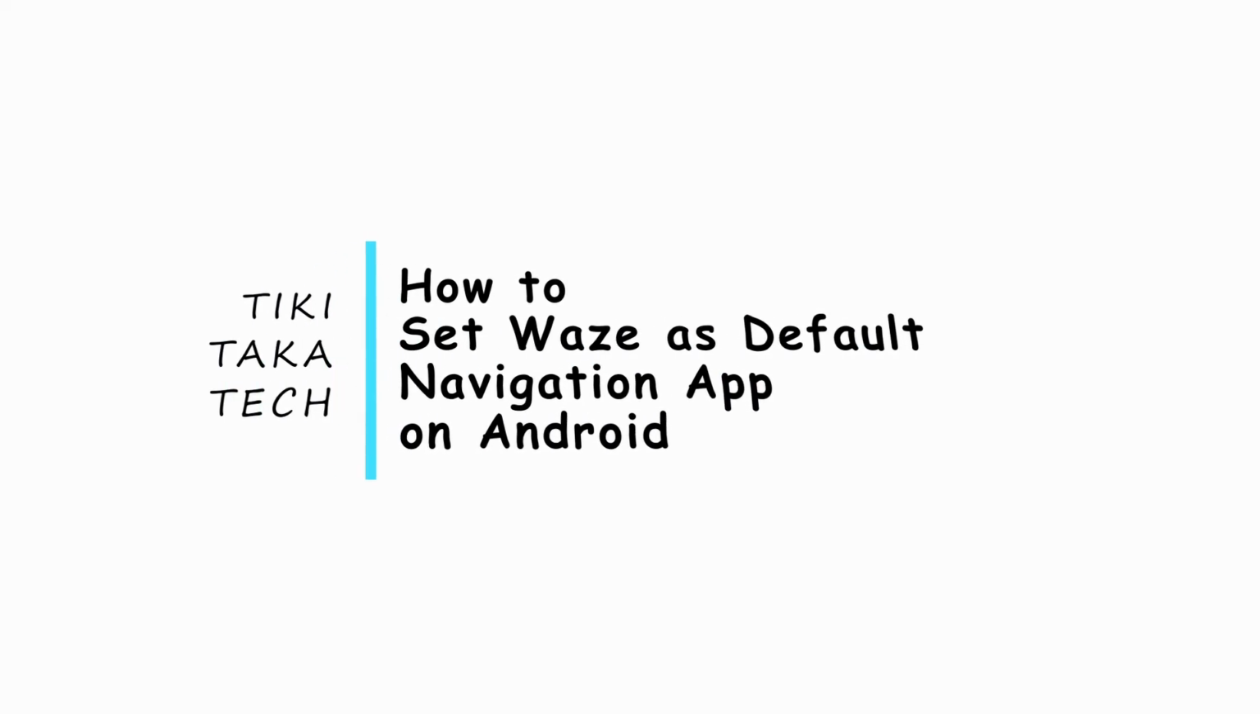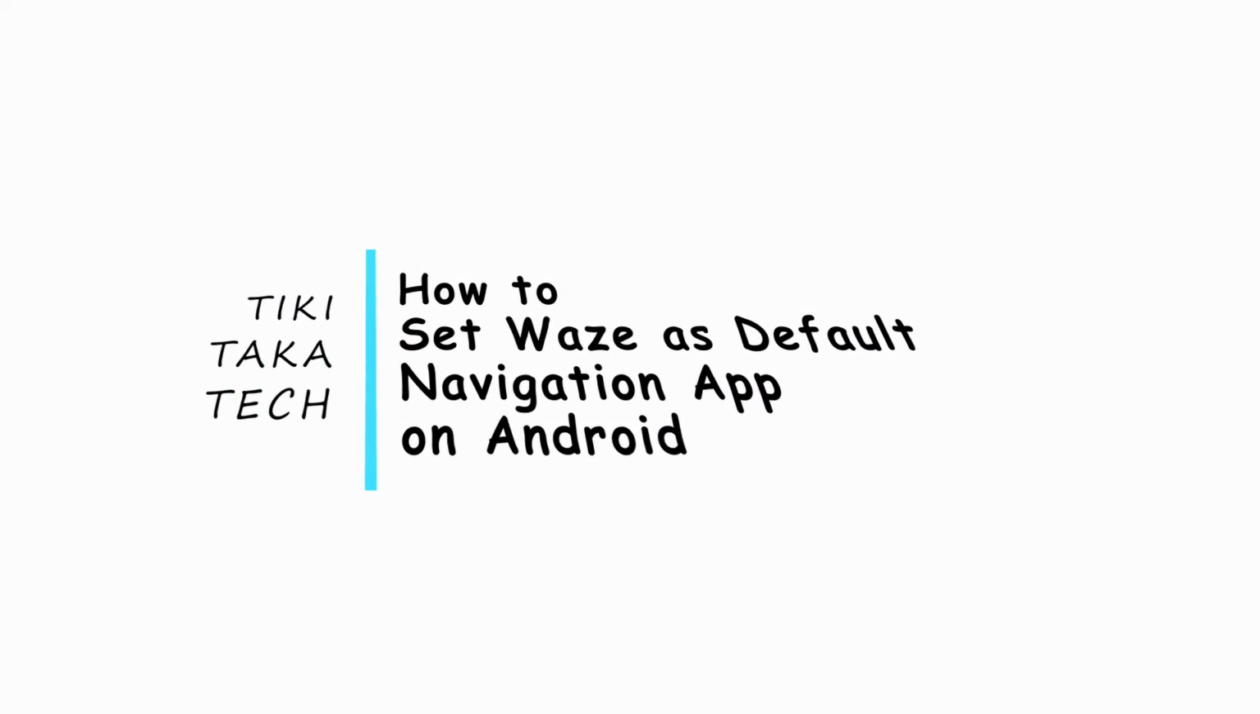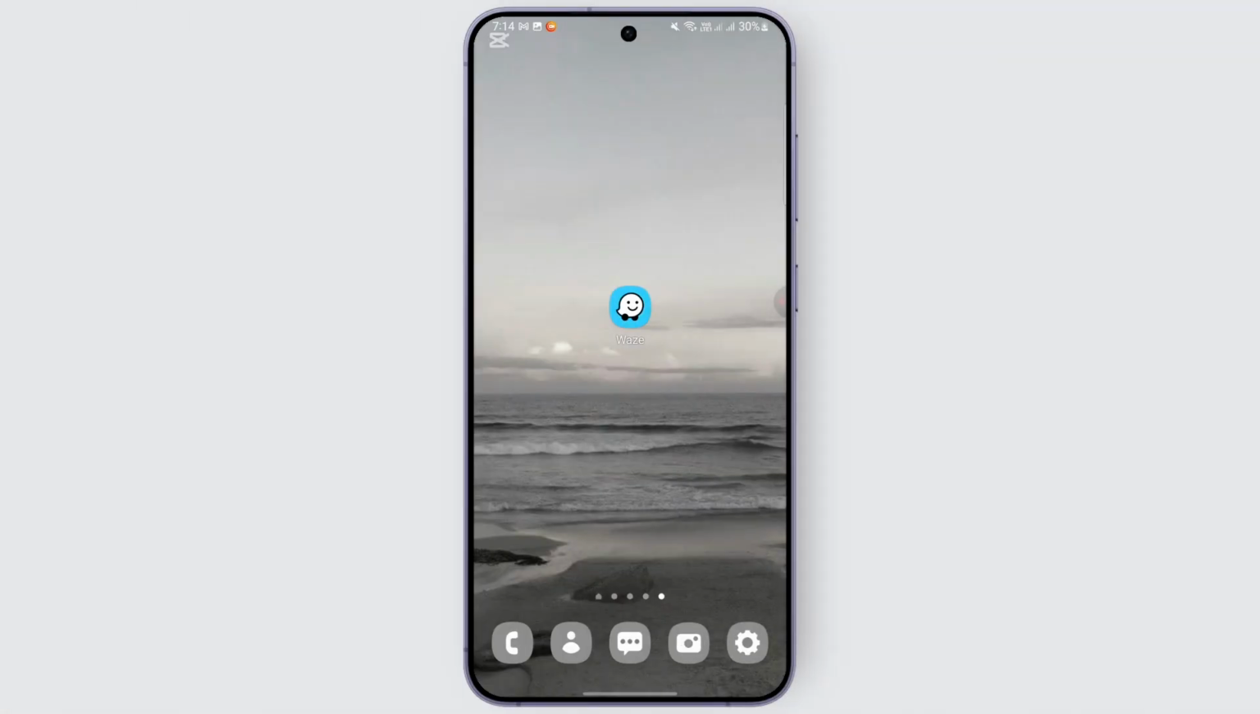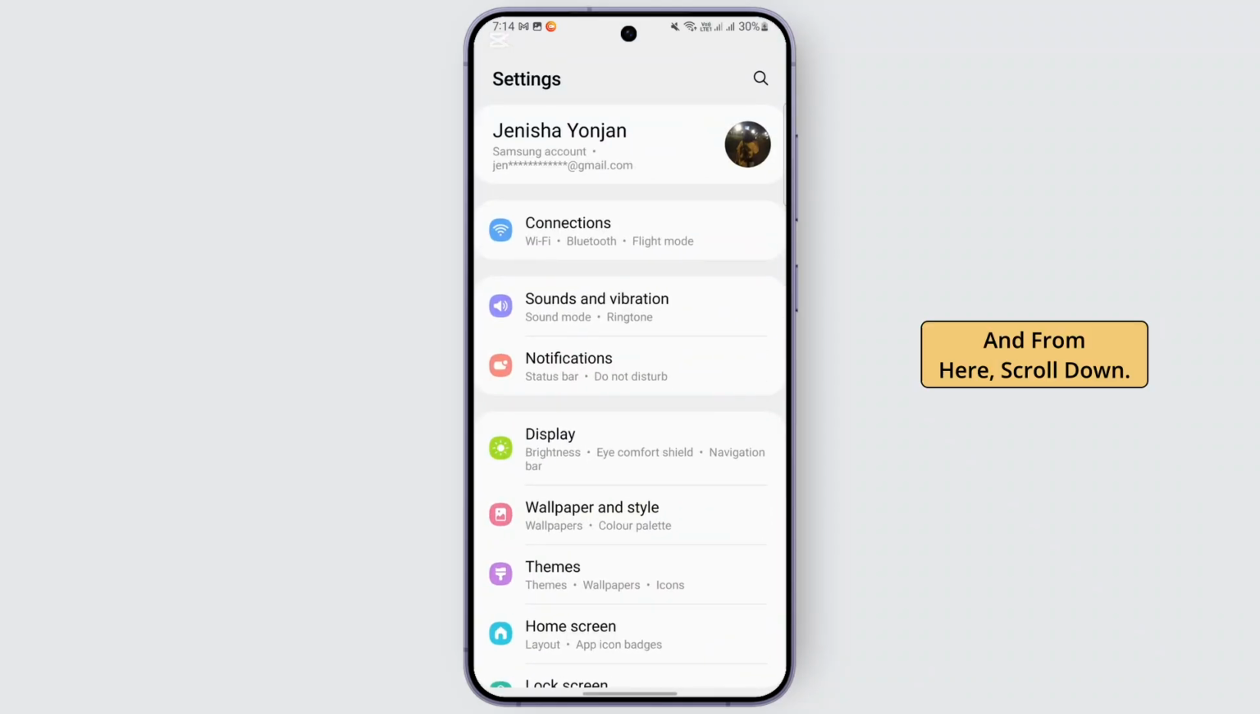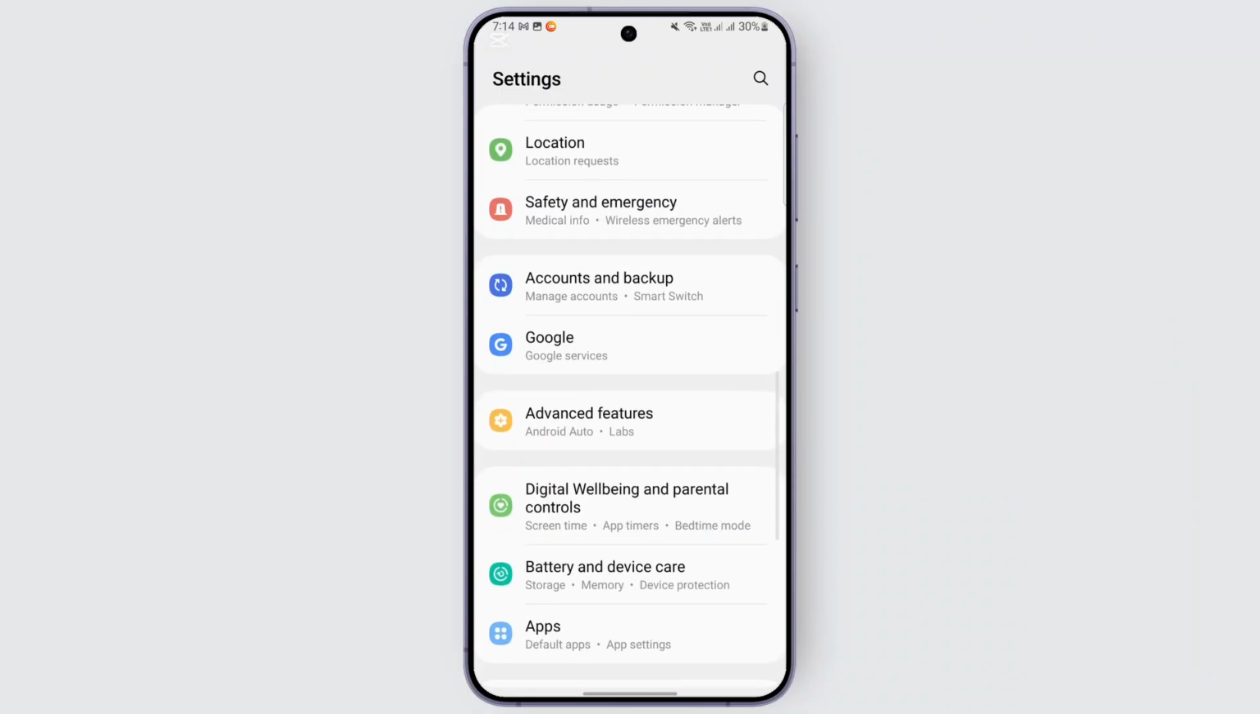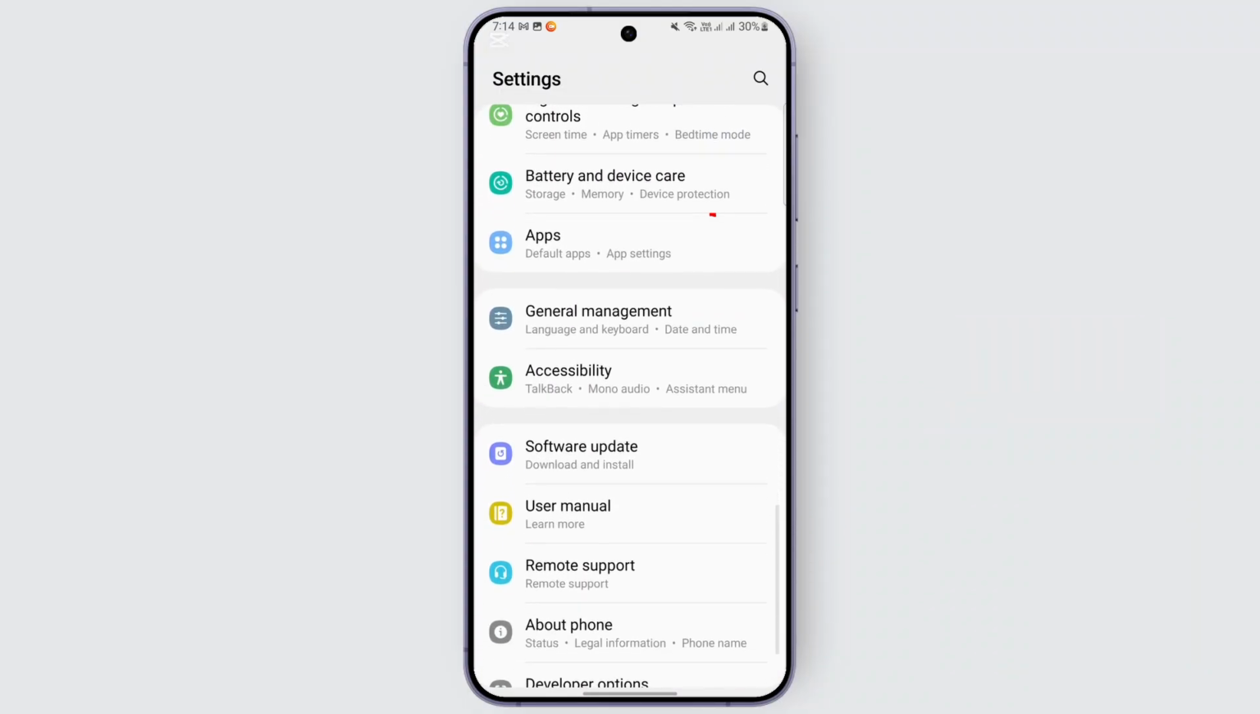How to set Waze as your default navigation app on Android. In order to do so, you may follow these steps. Open up your device's settings, and from here, scroll down, go over to the Apps section, tap on Apps or